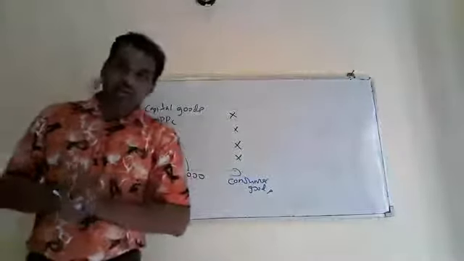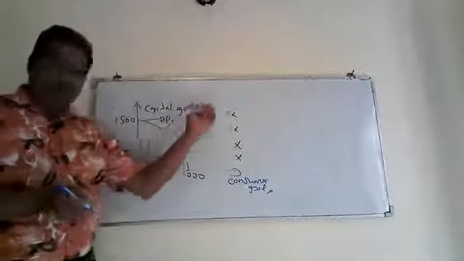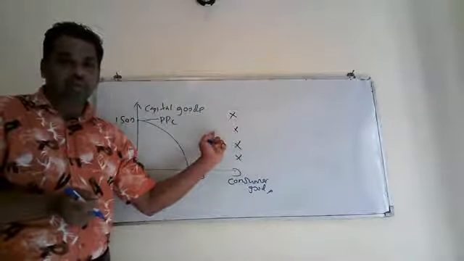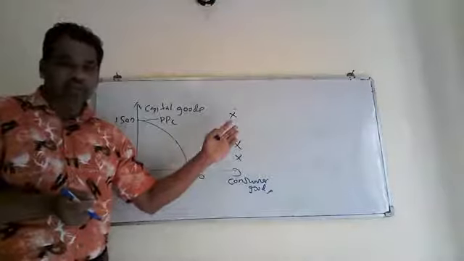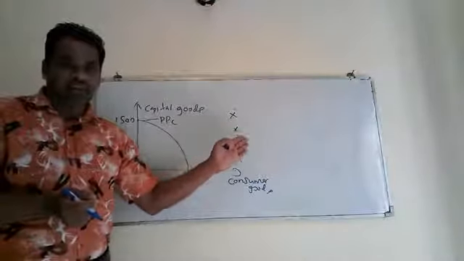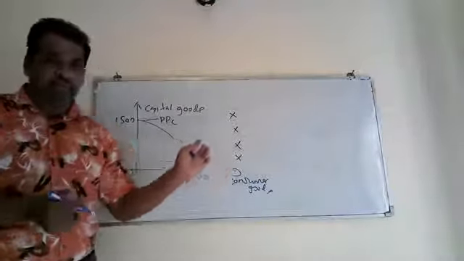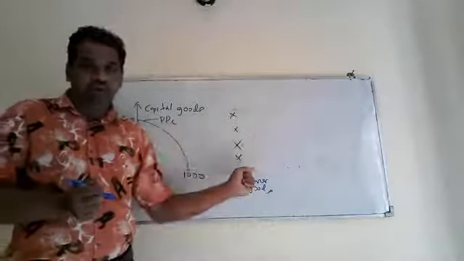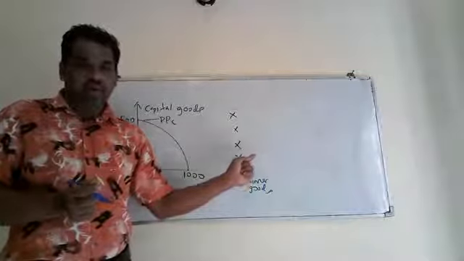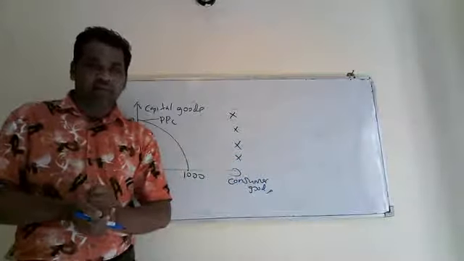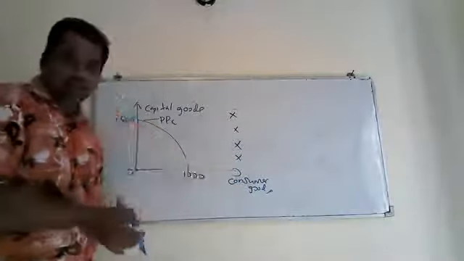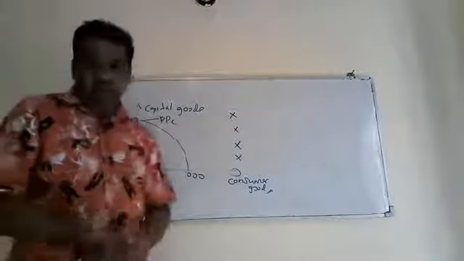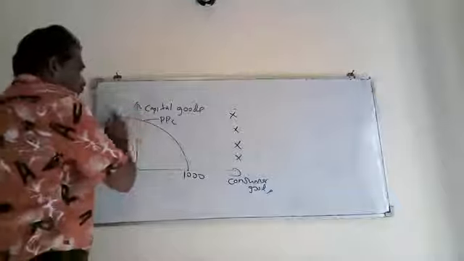I will repeat the definition again. When you define the PPC, you have to mention PPC is used to explain or indicate the maximum production capacity of a country by using their existing technology and using all the resources available in the country in an efficient manner. Then you are above all the marks given in the question paper. Right, that is how you can explain the production possibility curve.